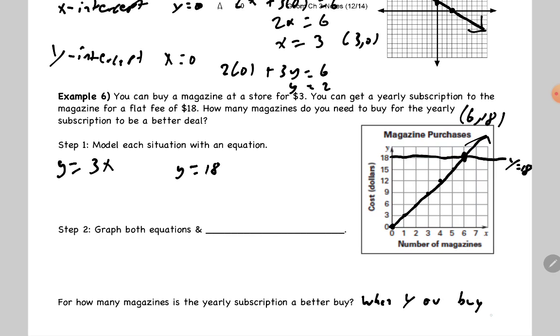Now, you didn't really need a graph to do that, but we're giving you an easier example to show you that you can do it with more complicated stuff, more complicated formulas. When you buy 6 or more than 6 magazines,